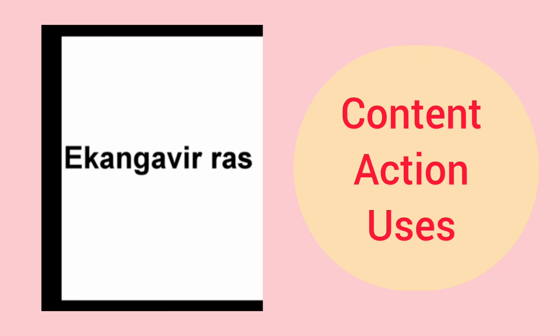drug, Ekang Vir Rasa, will win the battle of that disease which has caused the damage to the half part of your body. So the drug is like a warrior who has won the war. So that's why the Veera word is a soldier. So this is the soldier for the damage to the half part of the body. That is why the name Ekang Vir.